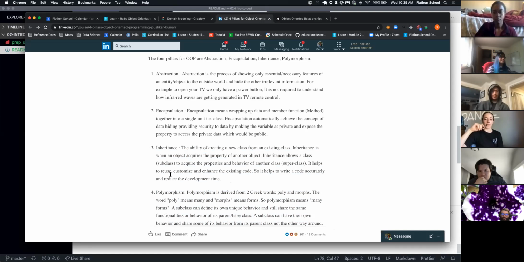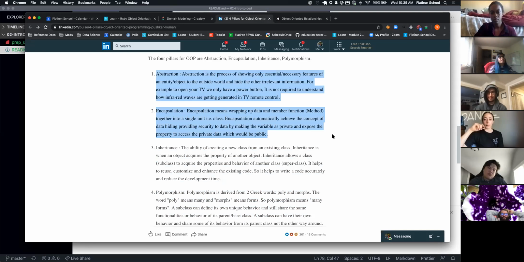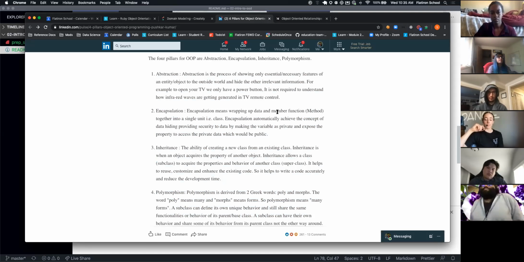You don't have to be super comfortable with inheritance or polymorphism to be successful in the world of Mod 1, or even really in the world of coding sometimes. But abstraction and encapsulation are the two major points that you need to get comfortable with when you're coding out your Ruby